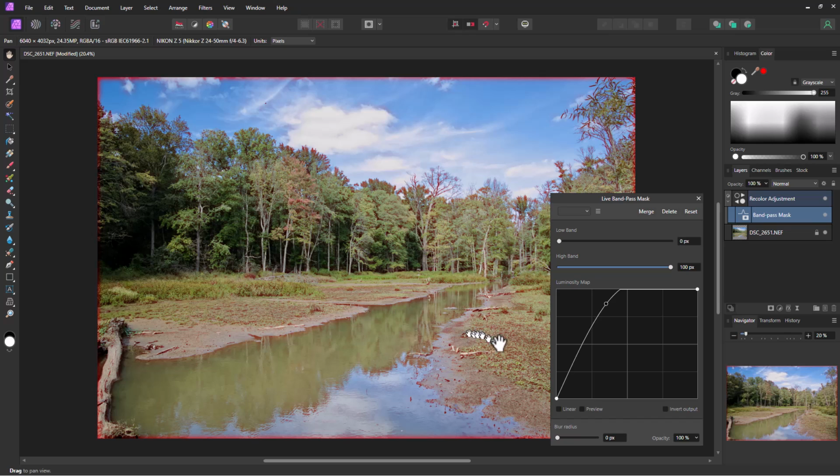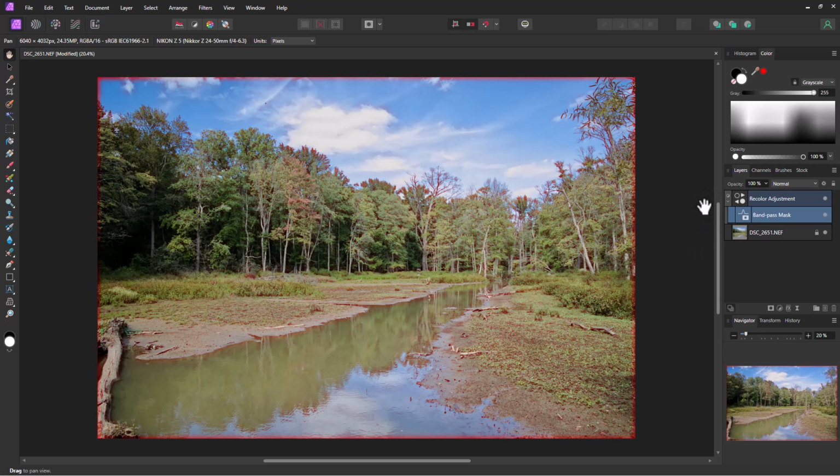So if we turn this on, you can see it's dotted with red in areas, but it's not as exaggerated an effect as the other masks are. So that's a third type of mask that they've put in that you can use to create a mask. And like I said, you can take a brush and go in here and brush in details as well. And so